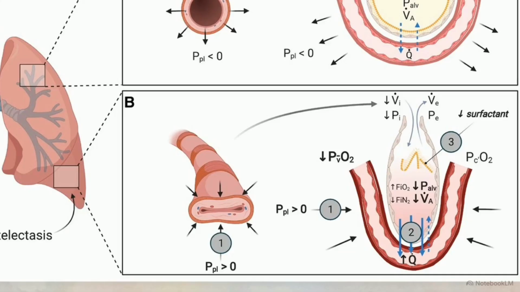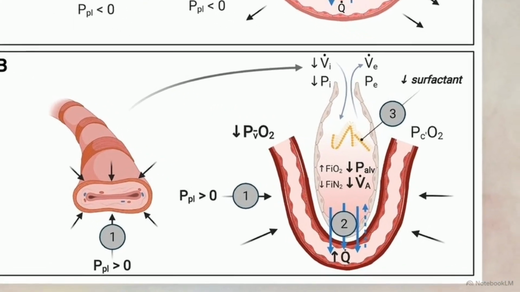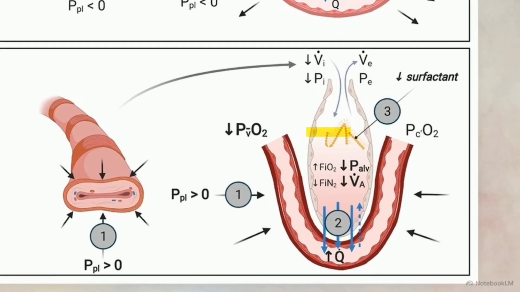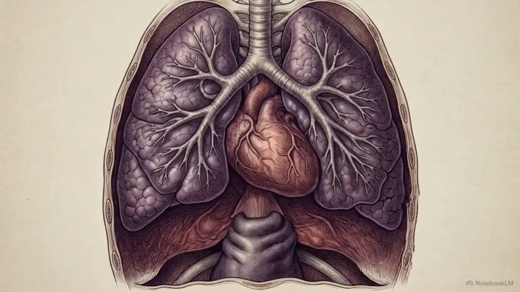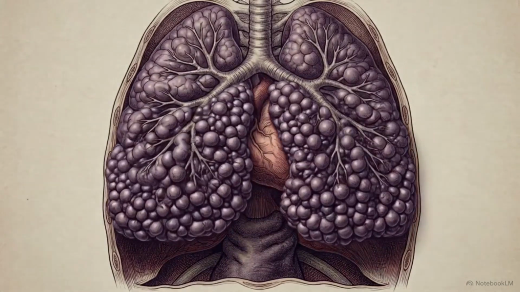High-inspired oxygen accelerates collapse. In this schematic, oxygen's high blood solubility causes rapid absorption into capillaries, marked by blue arrows. In dependent areas, gas flowing into blood vastly exceeds fresh air inflow, creating a vacuum that physically shrinks the alveolus. The combined physical pressure crushing upward from the abdomen and the rapid internal vacuuming of gas ensure the mechanical buckling